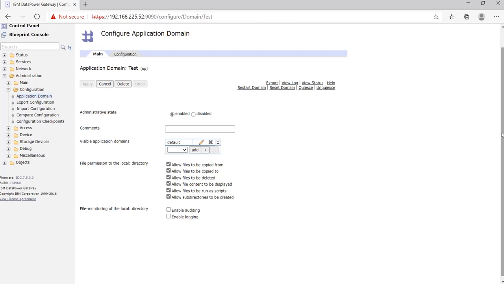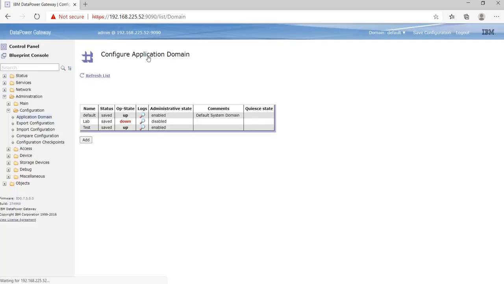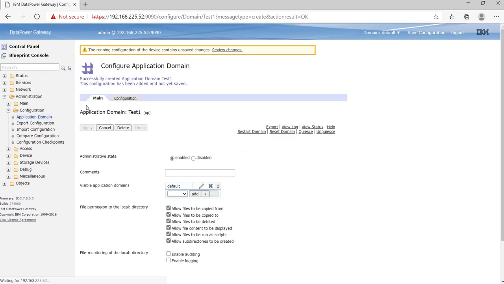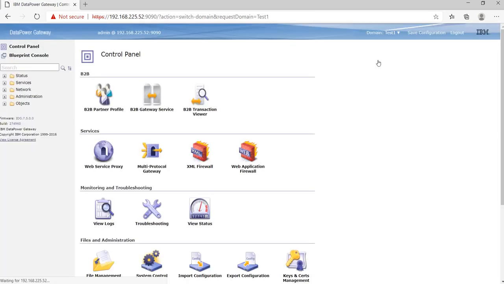So what we'll do, we'll go to application domain back. We'll add one more domain. We'll keep its name as test1. Apply. Okay, save. So now we'll go to test1 domain.